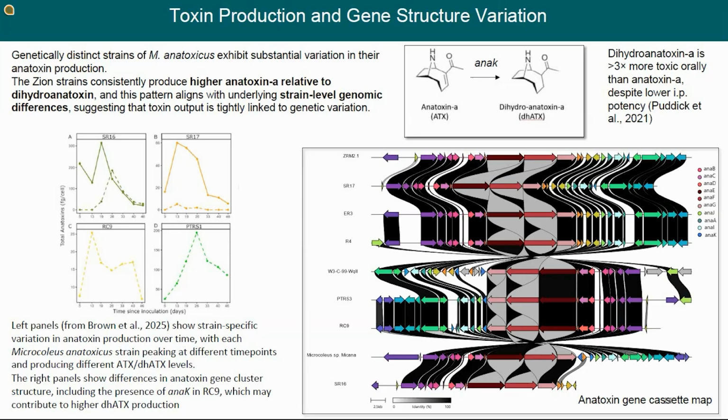When grown in the lab in the same conditions, the toxins peak at different time points, as you can see in these graphs. So this is just lab conditions. In the environment, these differences can be a lot larger, at a large scale, because of various other environmental variables that are also included. So now we come to our second question, which is about one of the important metabolic pathways